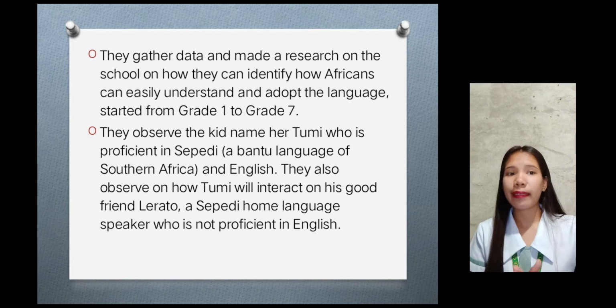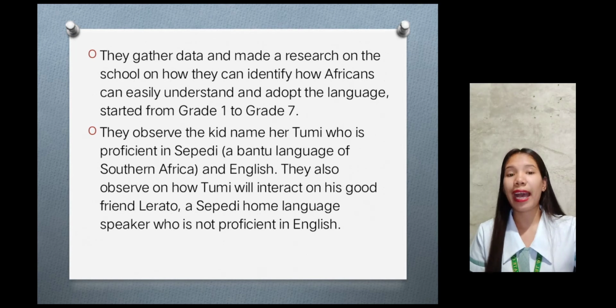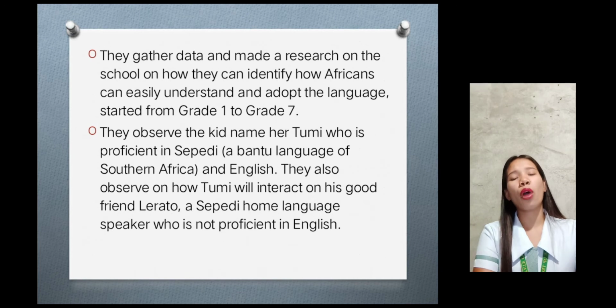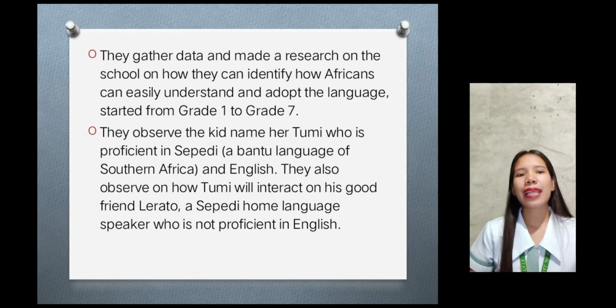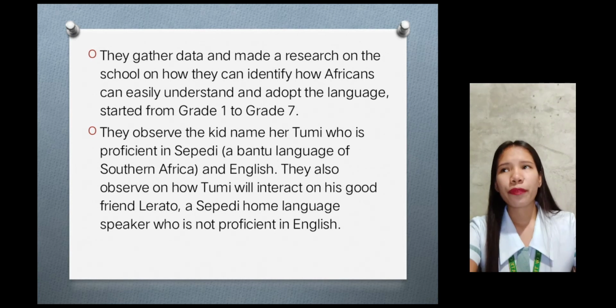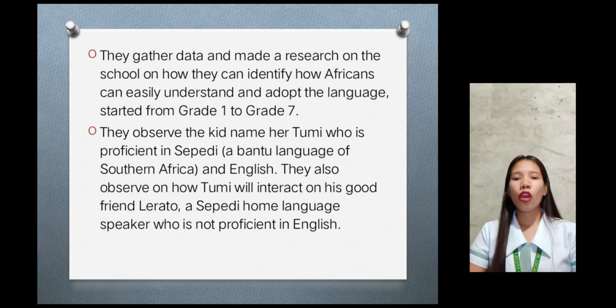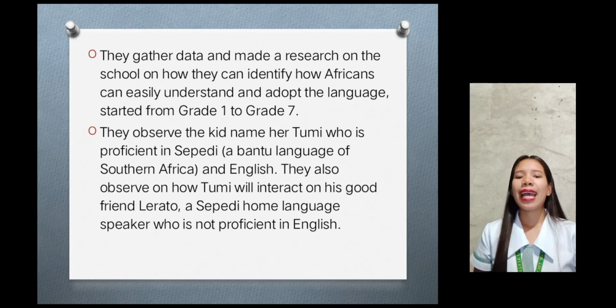They observed a kid named Tommy who is proficient in CPD, a Bantu language of Southern Africa, and English. They also observed how Tommy interacts with her good friend Lirato, a CPD home language speaker who is not proficient in English. Now, Tommy has a great ability and talent. She knows how to speak their mother tongue, which is CPD, and she's very good in English. The researchers observed how Tommy interacts with her friend Lirato, who only knows how to speak CPD and is not that good in English. Now, what happened is that as they are in a class, and since Lirato is not that good in English,